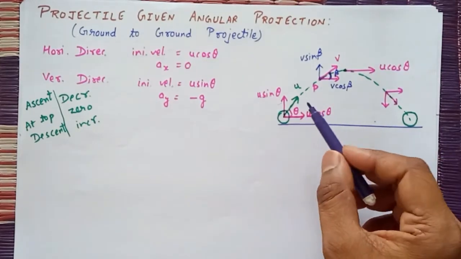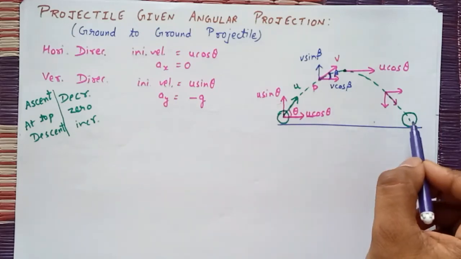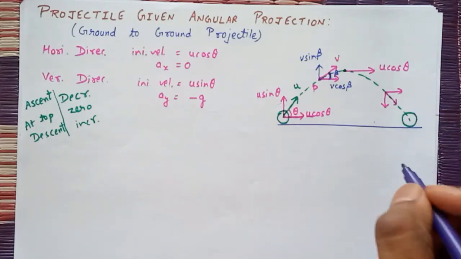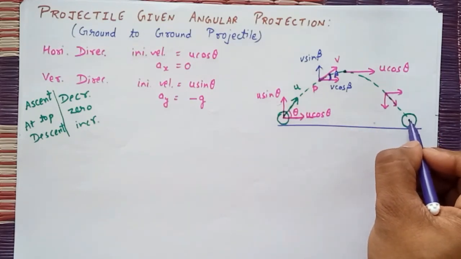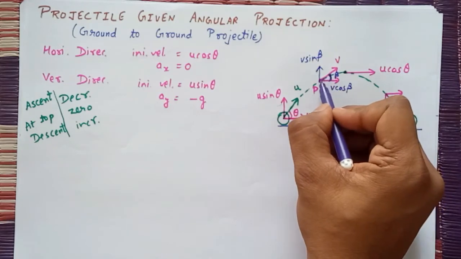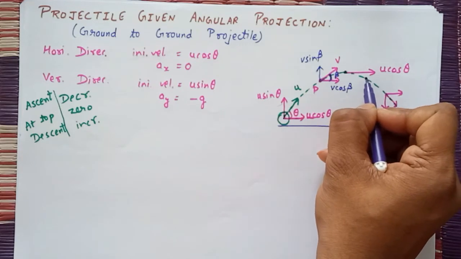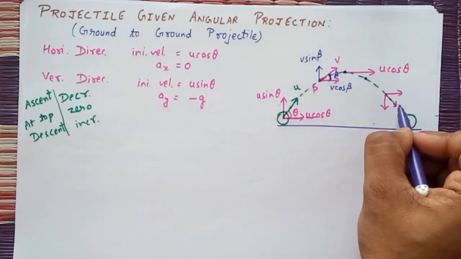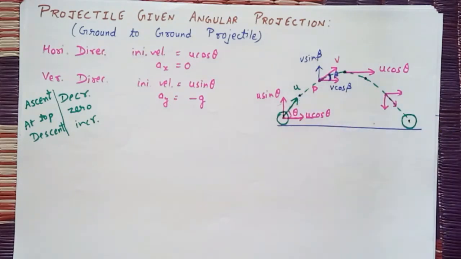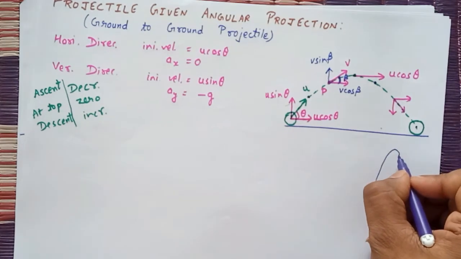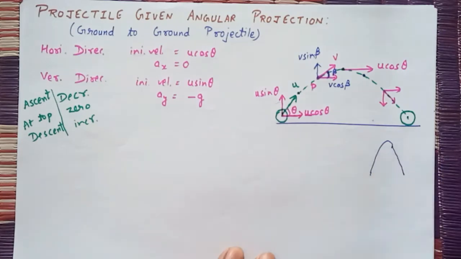When the object is thrown with some initial velocity, then at the same horizontal line its velocity remains the same. It means if the velocity is u here, then its velocity will be u again here. If the velocity is v here, then at its horizontal point, this one, the velocity will be the same. If here the velocity is suppose p, then at this point the velocity will be p. It means in the path of the projectile, when we draw some horizontal lines.